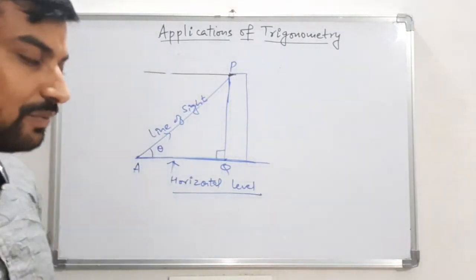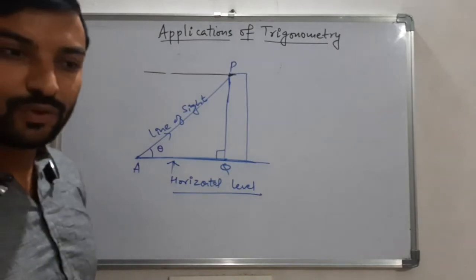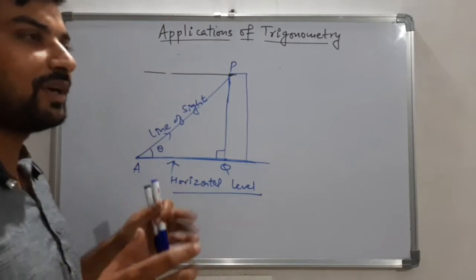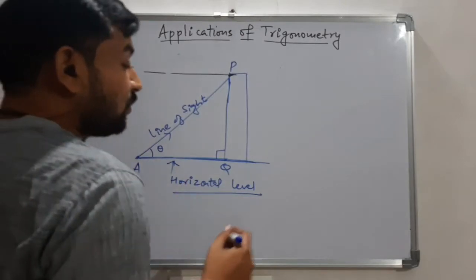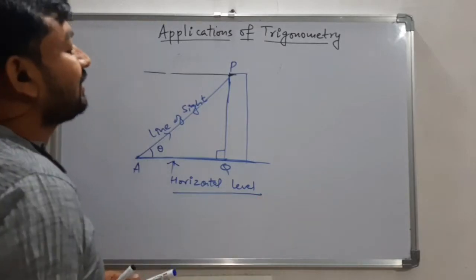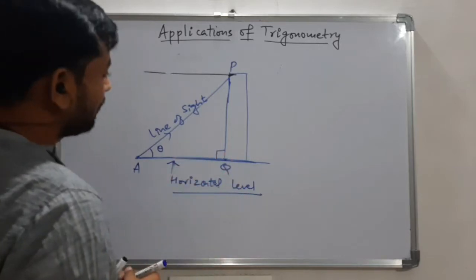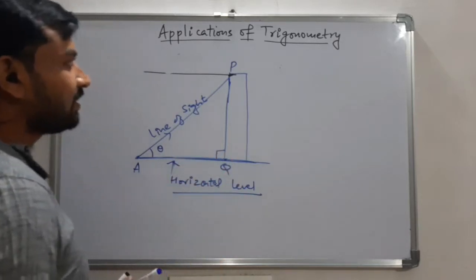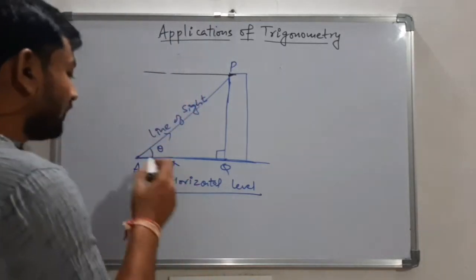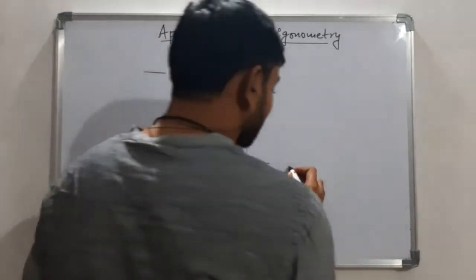You must have seen on the ground, like in construction of roads, the engineers working on the road. They use some camera and they keep on watching. So they actually watch the horizontal level, and then they assume what height they need to put for the road. So that's all based on the concept of trigonometry, which we call applications of trigonometry. Now this is the situation where the observer is at point A. Now let us come to another situation.